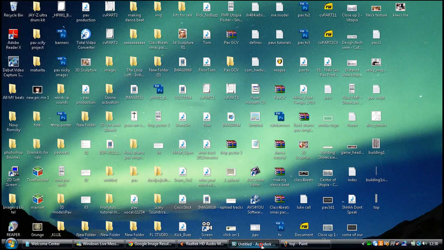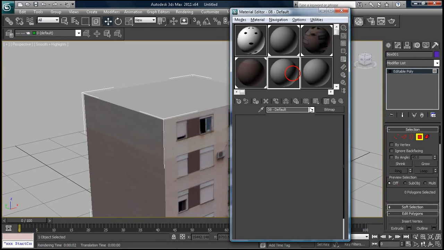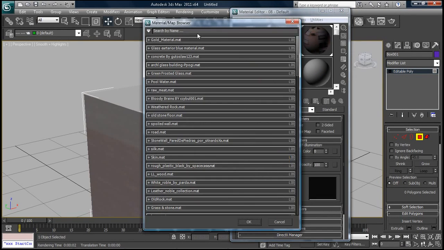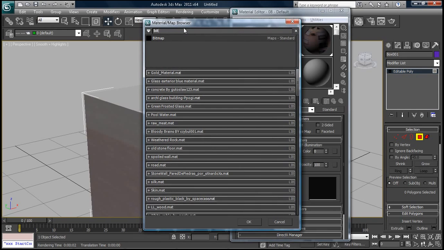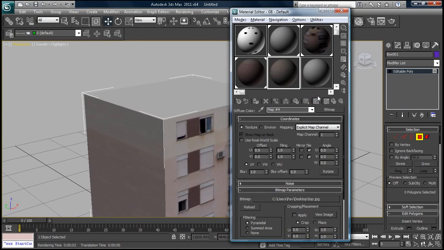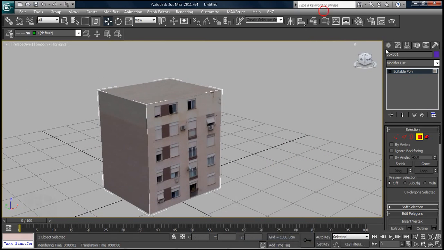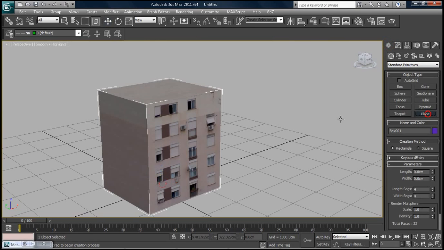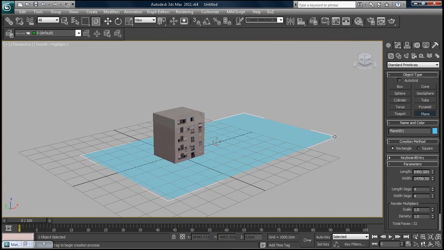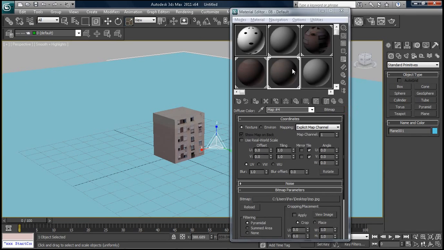Alright, I'm going to go back to 3D Studio Max and I'm simply going to go in again on the diffuse map, and type in bitmap again, and this time I'm going to load up the top, show the texture again. I'm going to select the top and drag the top on there. So right now, if I add the floor just for testing purposes like that, this is the concrete, whatever you want to call it,